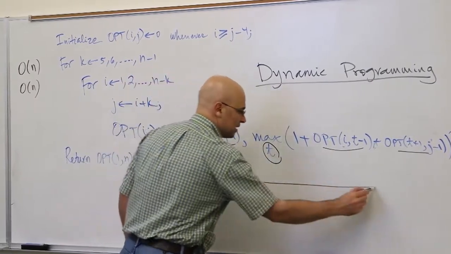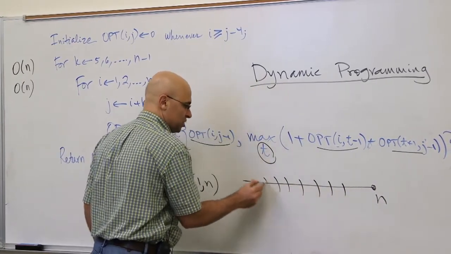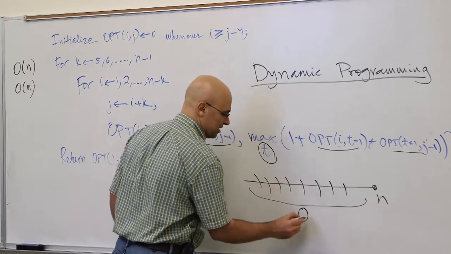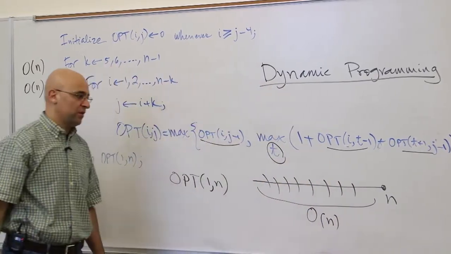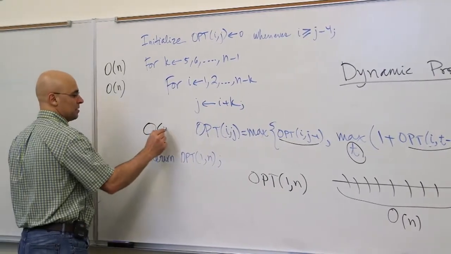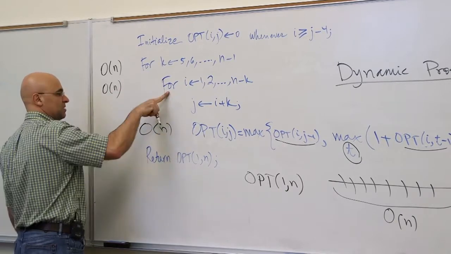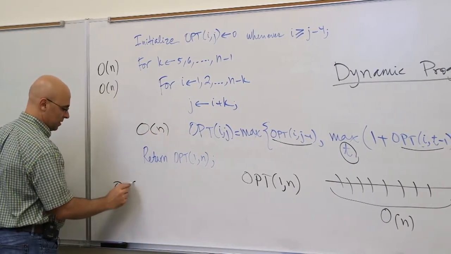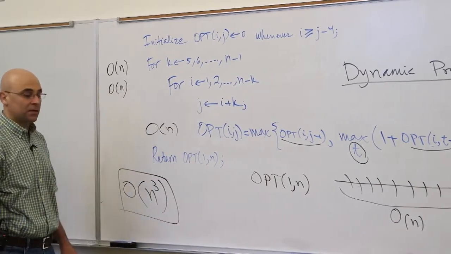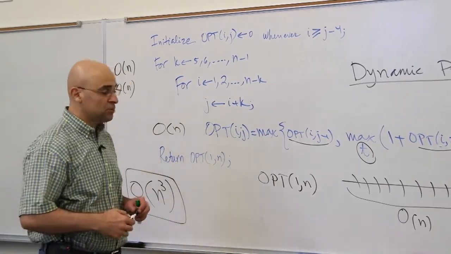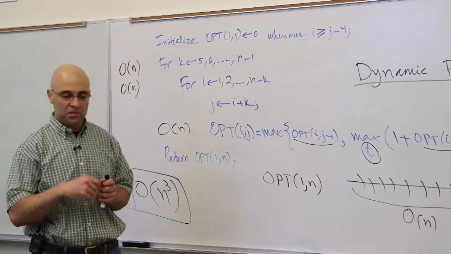If I'm looking again, in the worst case, at position n, t could be any of these positions here. So in the worst case, it is O of n. So this t, we might, in the worst case, be looking at O of n values. So this can be O of n. So O of n, this is nested within it. This is nested within this. So this algorithm is on the order of n cubed. Okay? And this is much better than trying a brute force approach that would have tried, for example, let's look